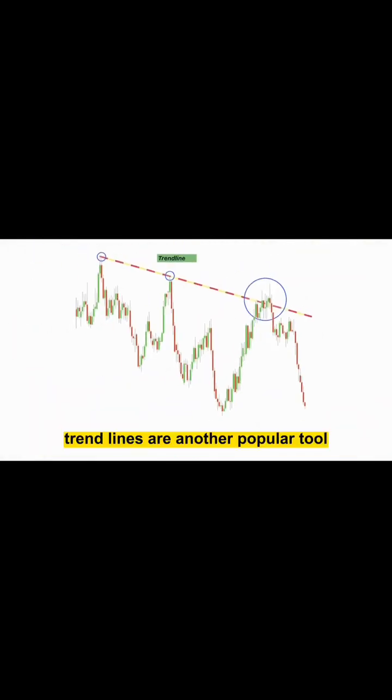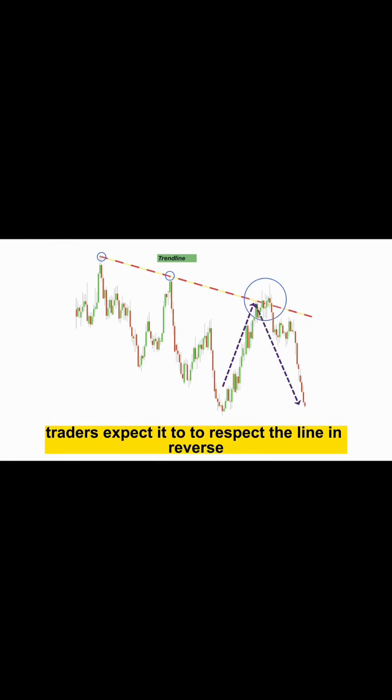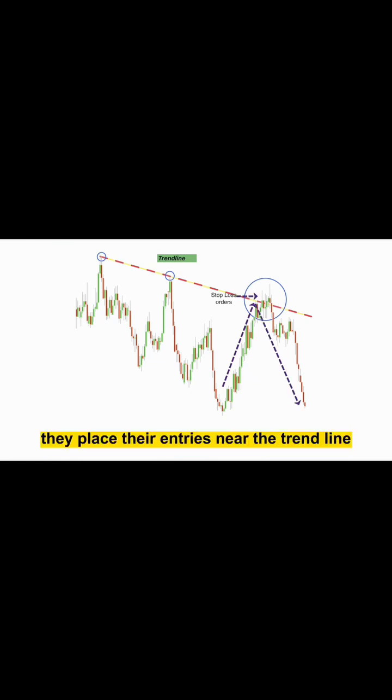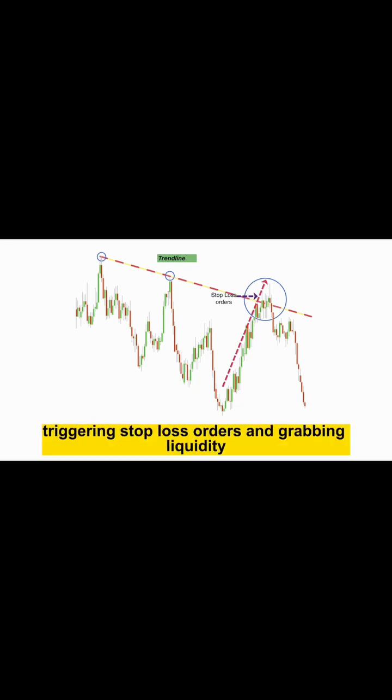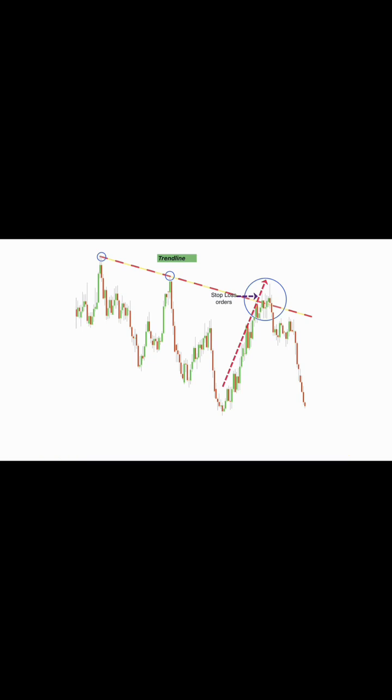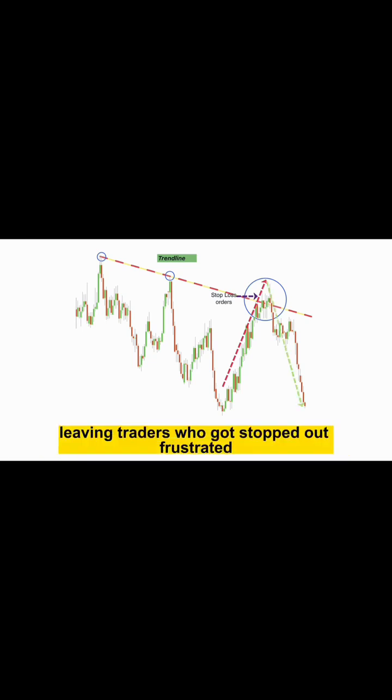Trend lines are another popular tool where traders look for price bounces. When the price approaches a trend line, traders expect it to respect the line and reverse. They place their entries near the trend line with stops just beyond it. However, similar to support and resistance, smart money often pushes the price slightly beyond the trend line, triggering stop loss orders and grabbing liquidity. The price then reverses, leaving traders who got stopped out frustrated while institutions gain liquidity for